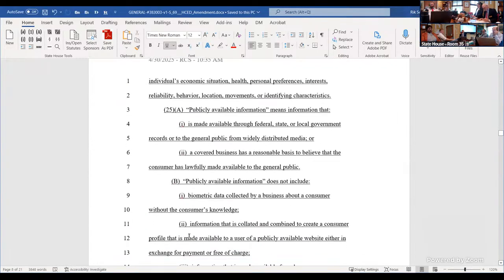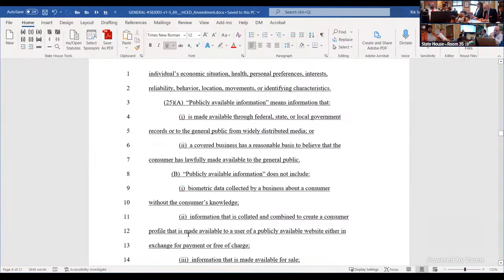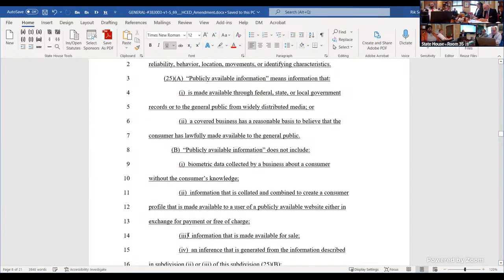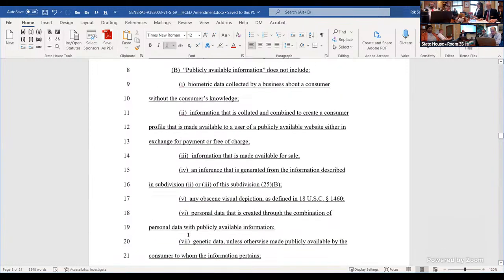Publicly available information means information that is made available through federal, state, or local government records, or to the general public from widely distributed media, or a covered business has a reasonable basis to believe that the consumer has lawfully made available to the general public. It does not include biometric data collected by a business about a consumer without the consumer's knowledge, information that is collated and combined to create a consumer profile that is made available to a user of a publicly available website, either in exchange for payment or free,